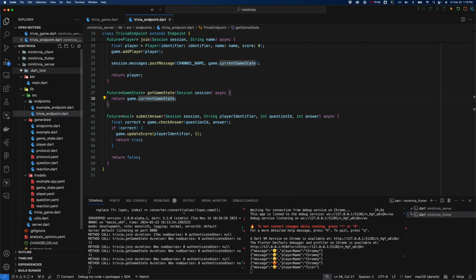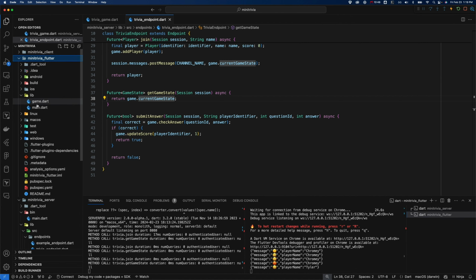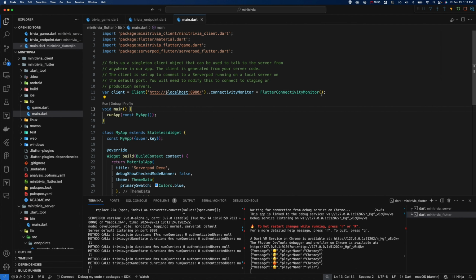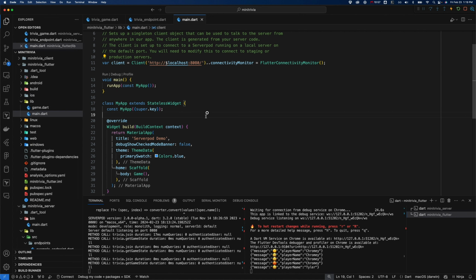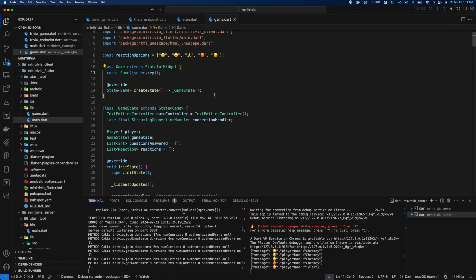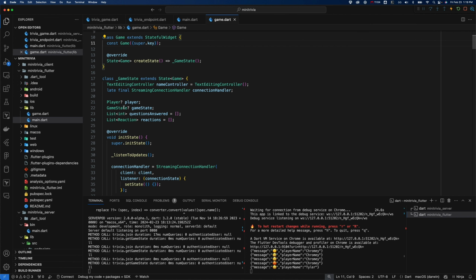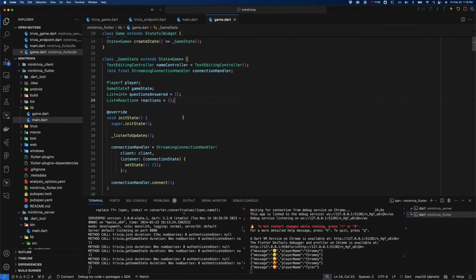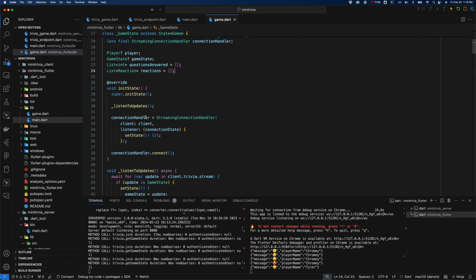Then back on the Flutter side, we started with our main.dart, just a basic main.dart. Main difference is we create our client here, pointing to the server's endpoint, and then we just had a scaffold with our game in it. And the game, just a basic stateful widget, keeping track of various things like the game state and players and what questions we've answered. We create our connection handler and connect to it, which ultimately